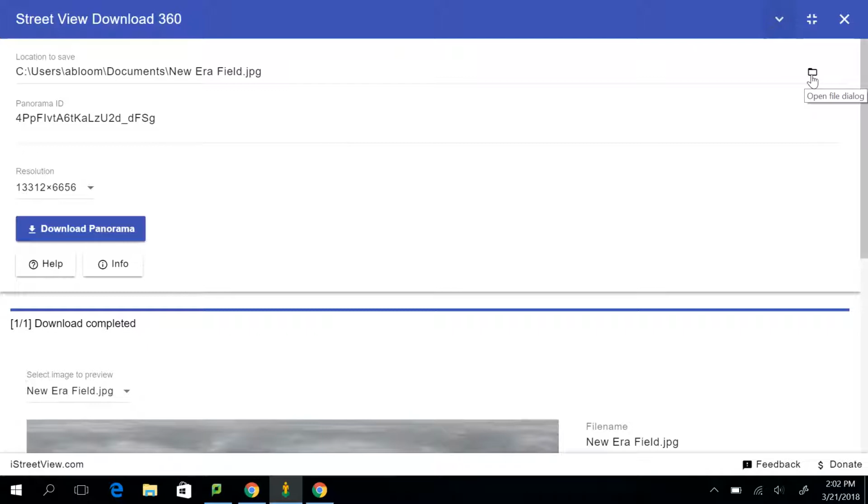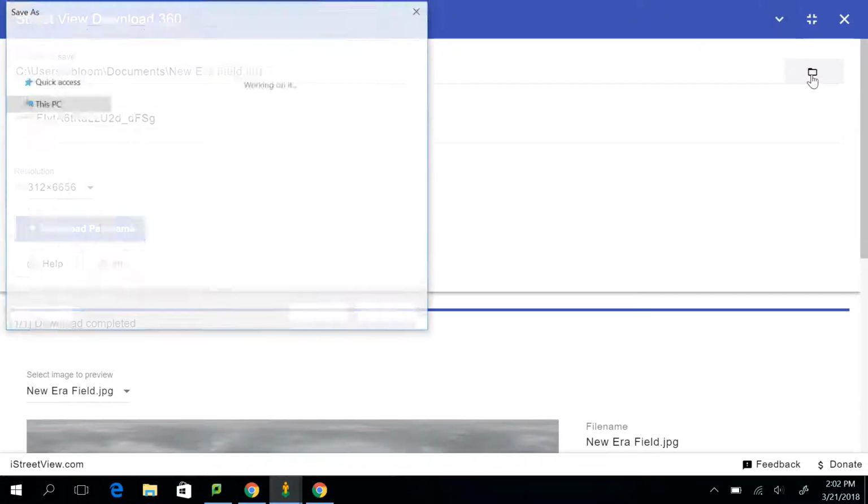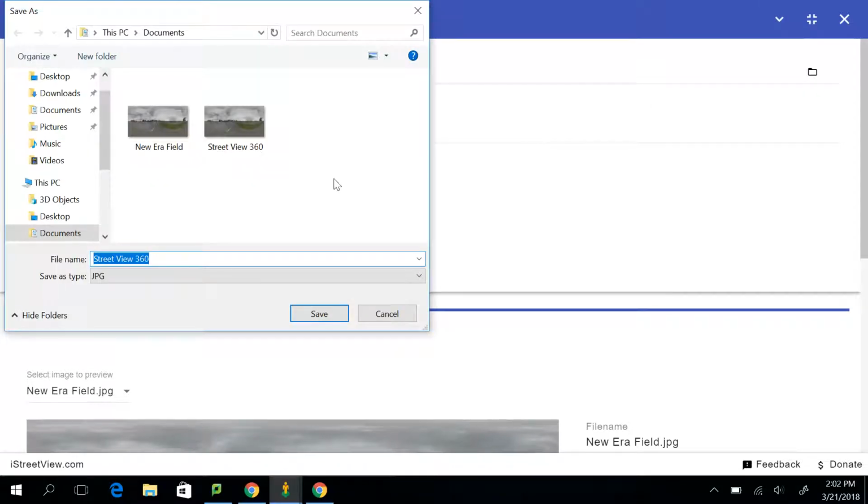I'm going to take it from the top. I'm going to open to find a location. I'm going to keep it in my documents, and I'm going to name this a different name. File name the Bills. By default, just to let you know, it's called Street View 360. I would try to get in the habit of naming your file per location, especially if you're uploading it into some other location, so it doesn't overwrite. Just a little advice. I'm going to click Save,